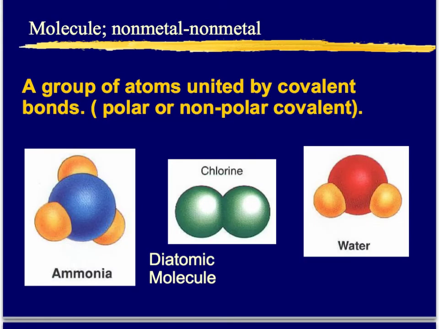Quick little definition here: a molecule is a nonmetal with another nonmetal. This is one of the things we discussed in our opening activity. And so a group of atoms are united by covalent bonds. So these bonds, again, can be polar or nonpolar covalent. So here we have ammonia. In the center here is our nitrogen and our 3 hydrogens. Here we have chlorine. And notice it's 2 chlorine atoms that are put together,